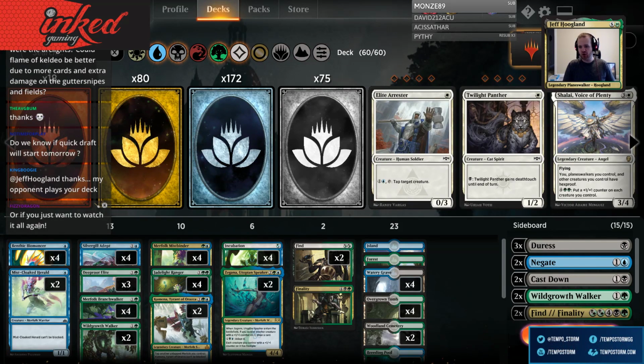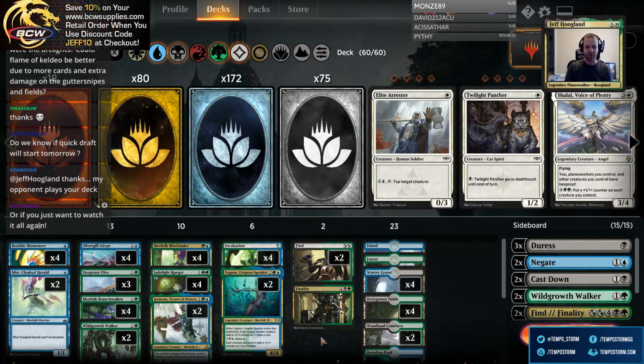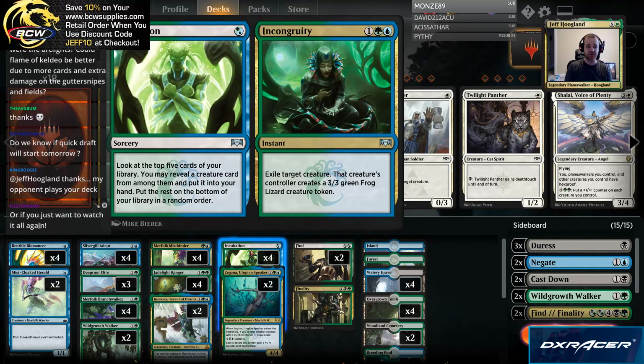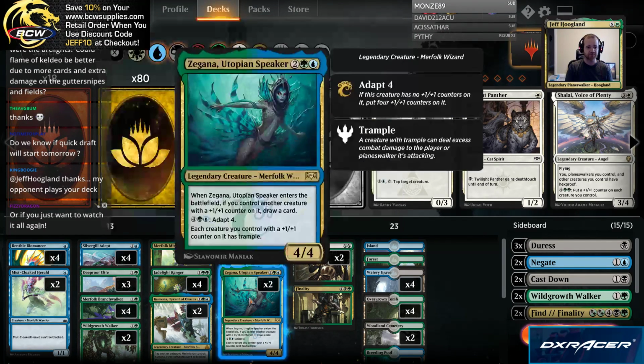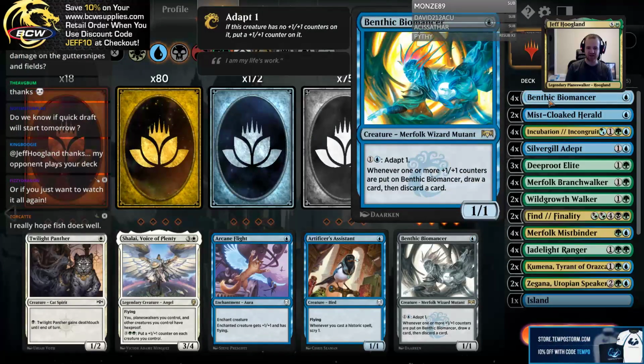Alright, Sultai Merfolk, blue-green with a small black splash for the Finality backside, because the Find front half is pretty good. New cards, we're trying out 4 copies of Incubation and Incongruity. Again, I'm super high on most of the split cards in this set. We got a couple of Zegana in here, and a couple of Benthic Biomancer, which get a little bit bigger and then draw some cards, so...